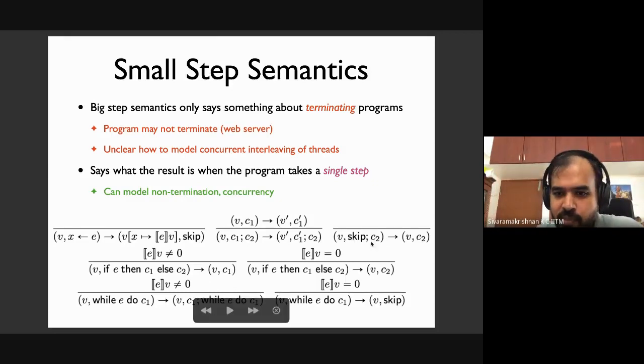But if the skip appears on the left-hand side of a semicolon, so if the program itself is V, skip semicolon C2, then the step that you want to take is to ignore skip and continue executing C2, right? So that's what this says. So the valuation does not get changed, but we go on to C2. Okay, and then